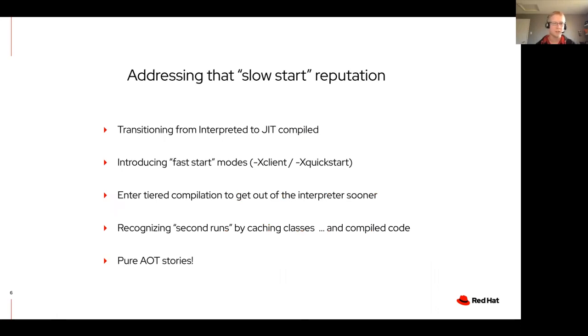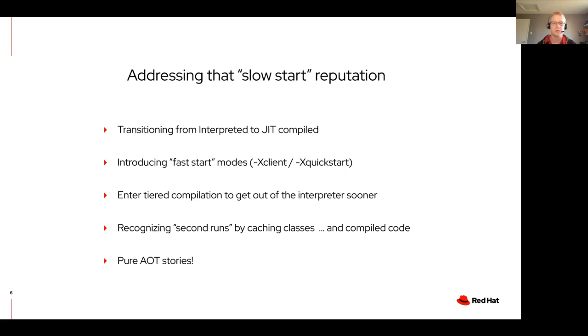Now, Java's done a lot of work to address this over the years. Right? If we look back to Java 1 and the early days of Java, we have a system that started out interpreted. And so to get good performance, that complaint about slow went from slow in general to slow to start, because JIT compilers were introduced, and those JIT compilers took some time at startup to be able to compile the code so you could get good peak performance.